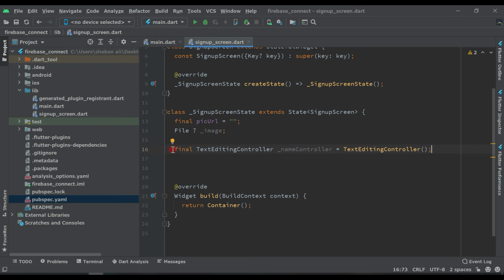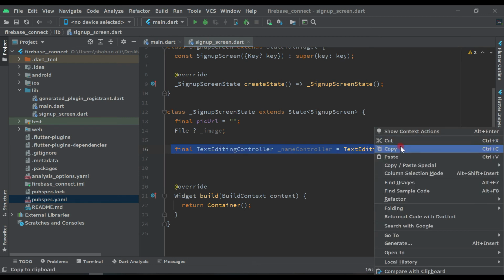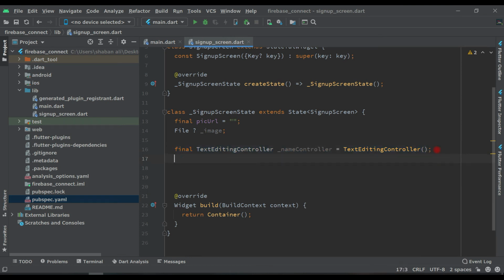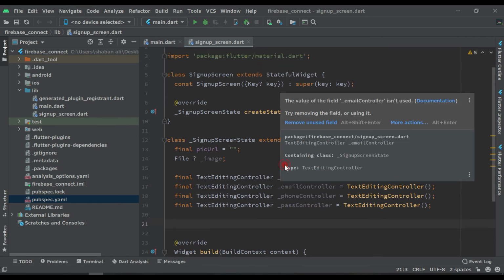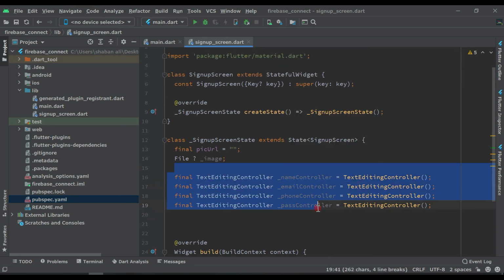Now we need the same variables 3-4 times more, so copy for saving time and paste 2-3 times like this, and change here this name to email. We are getting email, here we are getting phone, and here we are getting password. So all these variables to get the email, password and phone of user.